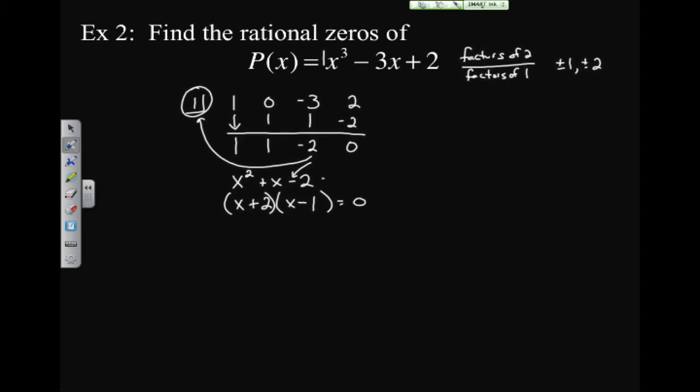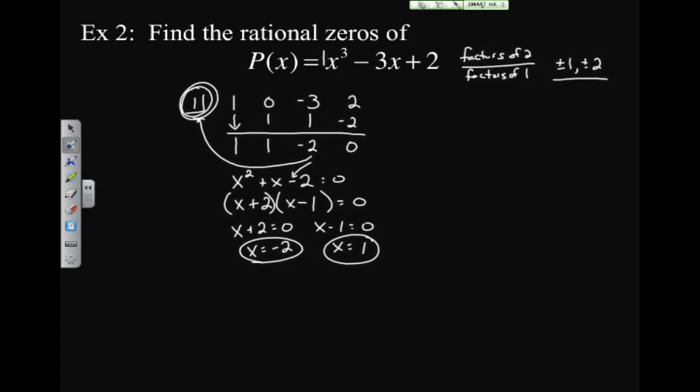that's equal to 0. That's how we find the zeros. We just set each factor equal to 0. And notice we get x equals negative 2 and x equals 1. So 1 is actually a solution twice, here, and then negative 2 is a solution as well. So there are 3 rational zeros, negative 2 and positive 1 twice. Notice all of those rational zeros are in our group of